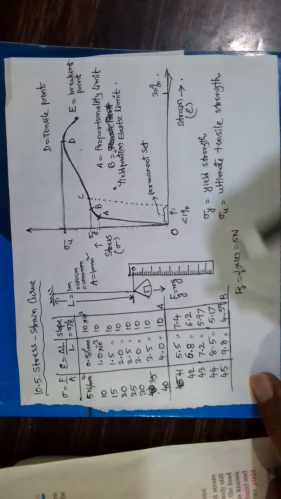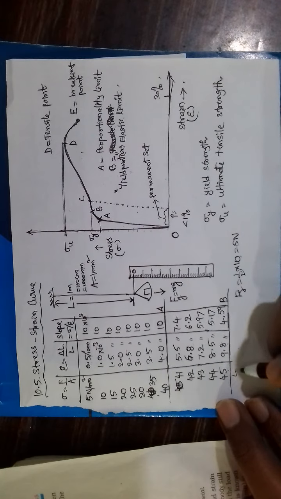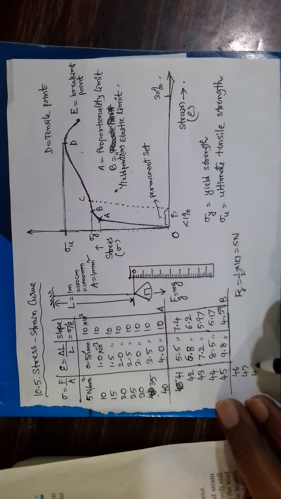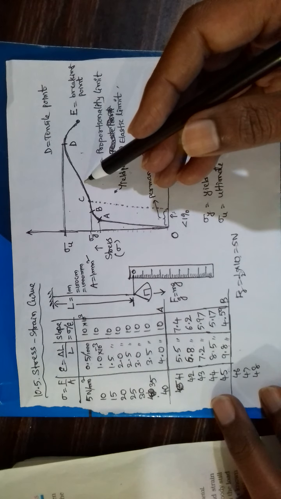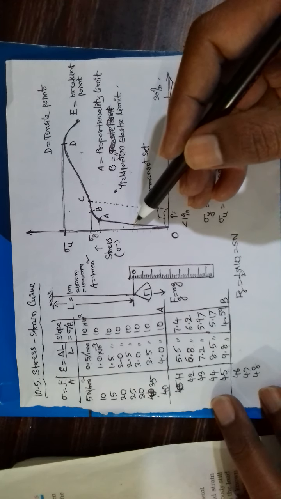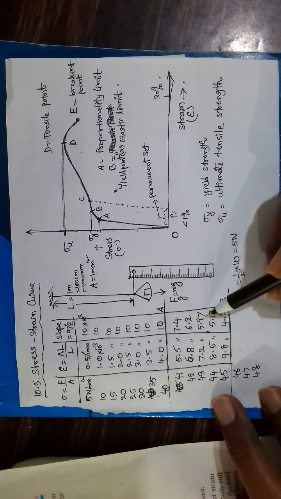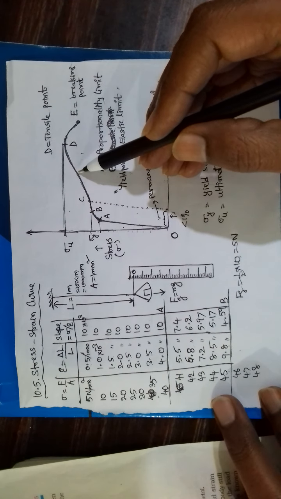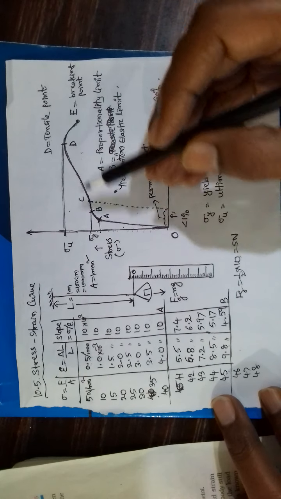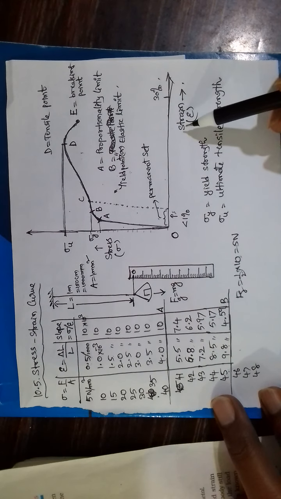So, after B point, if you increase the load further, say 46, 47, 48, if you go on increasing the force further, what happens? You can see the graph and understand. Here the graph, its slope was very high, 10, but from A to B the slope has decreased to 6. See, after B the slope is further decreased. So slope decreased means what? For small stress change, here you have large strain.